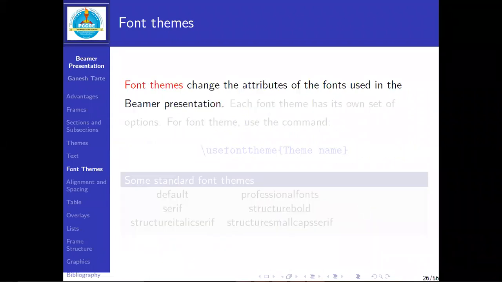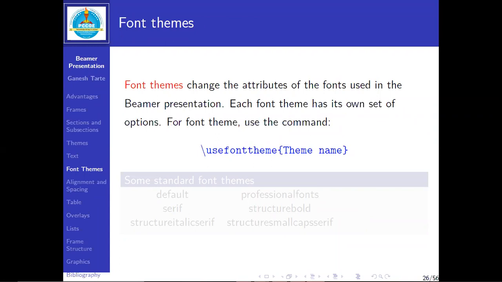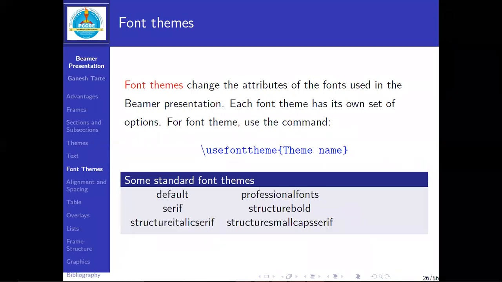Then again an important one, font theme. So font theme changes the attributes of fonts used in a Beamer presentation. Each font theme has its own set of options. For font theme, we use the command usefonttheme and then the theme name. Some standard font themes are noted here. So if you want to apply it,